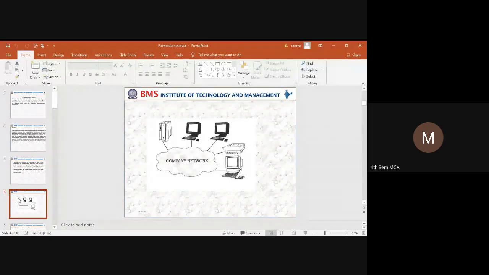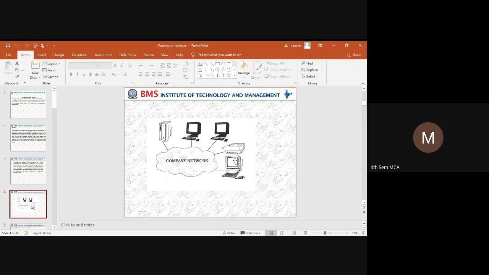In that way, we need to have a design for network management. This diagram shows a company network where all the resources are shared over a network. For example, here you can see there are three different peers. All these three are connected over a computer network, and the company owns a printer system.